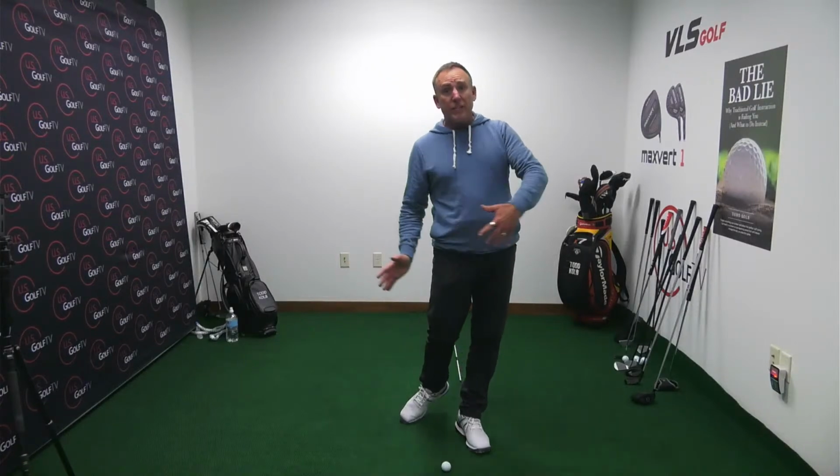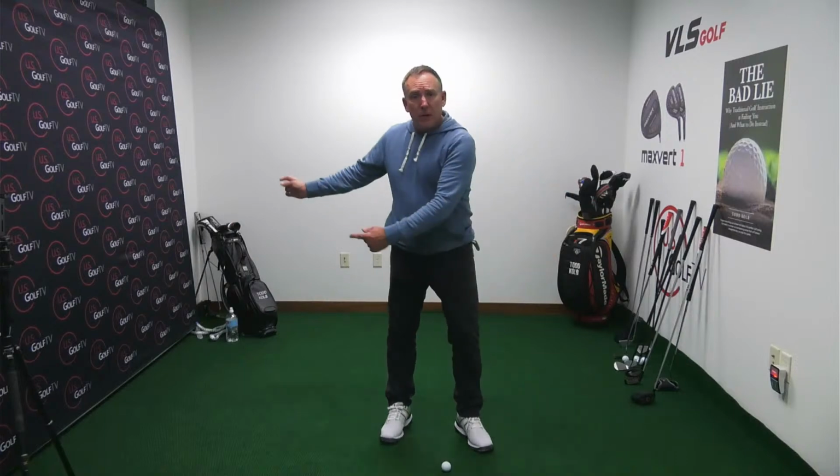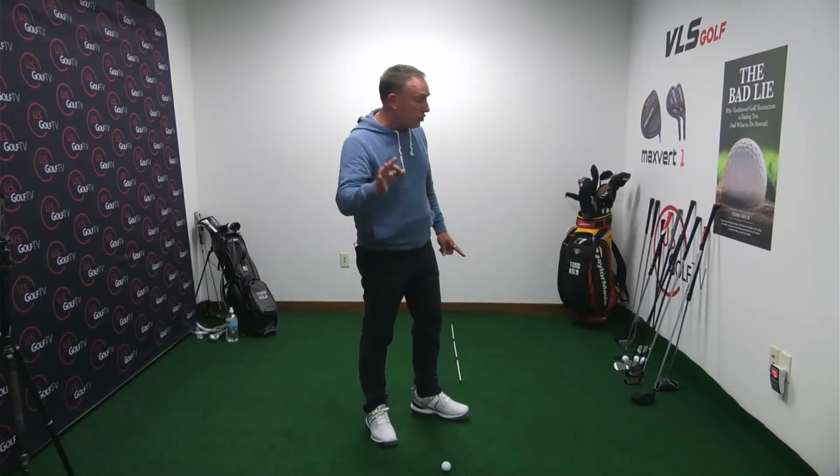So the first one was ball position. Second one was swing direction. The third one is weight shift. And when my weight goes forward, the bottom of the swing goes forward. So the best drill or the best checkpoint is knees touching. But the best drill,